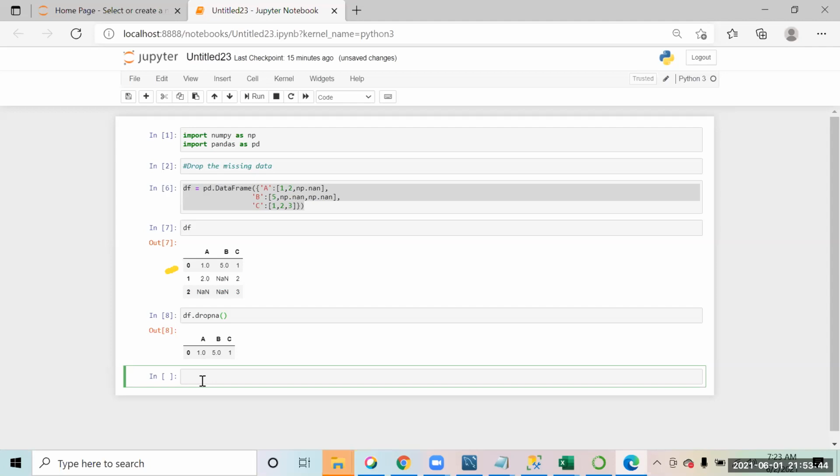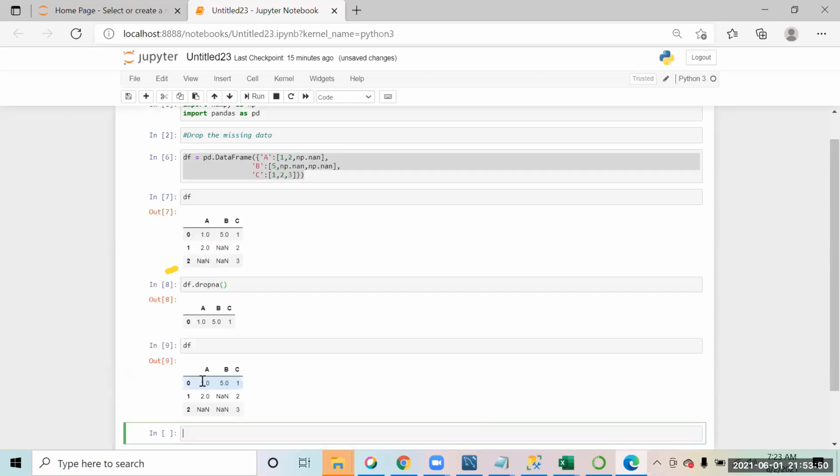Now, do you think this data would have been permanently deleted? Check this. This data is not permanently deleted.